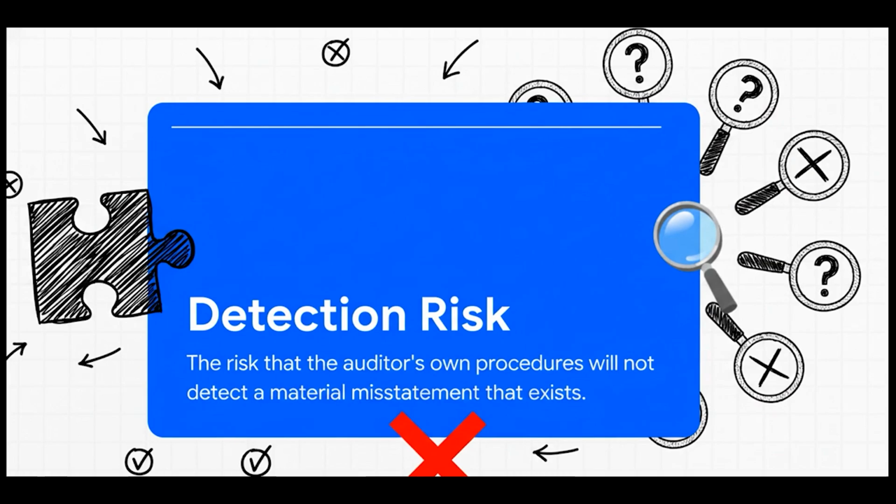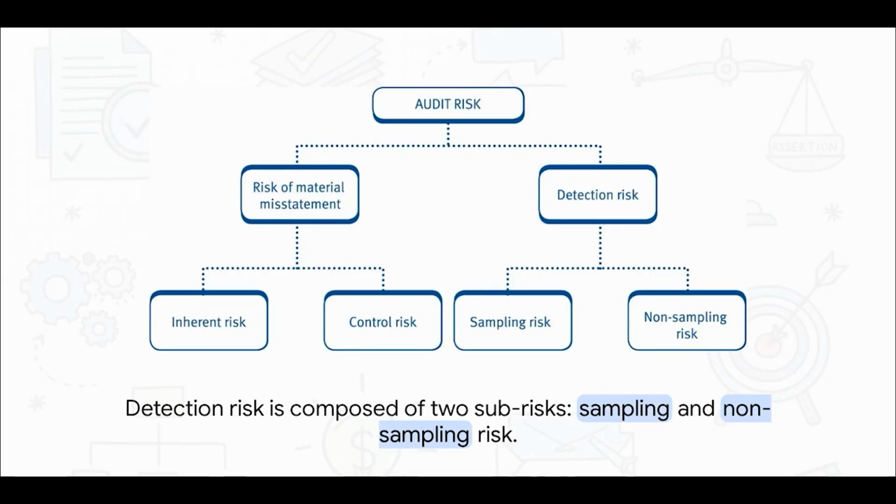And that third piece is called detection risk. Put simply, it's the risk that the auditor's own work, their tests, their procedures, everything they do, will fail to detect a material error that has already slipped through the client's shaky controls. It's the risk that the audit itself fails to find the problem. But we can actually get even more specific here. You see, detection risk isn't just one big blob of uncertainty. It really breaks down into two distinct ways an auditor might miss something.